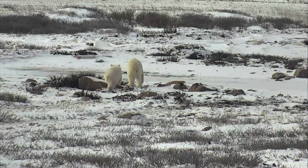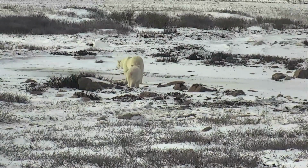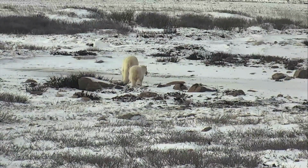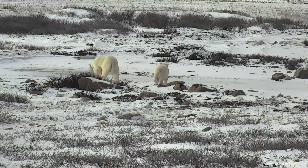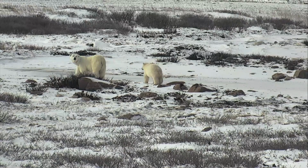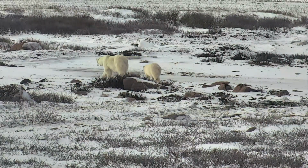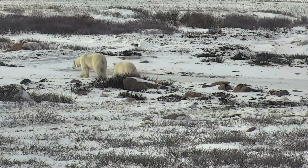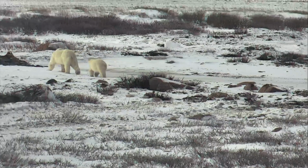So when you're trying to assess the body condition here of these two bears, what are you looking for? What are your kind of telltale signs to say this is a bear that's healthy versus a bear that maybe isn't doing so well? Yeah, so once they start getting skinny, you can really start to see it around their shoulder area. The bones of the shoulder start to become much more prominent. When they're in good condition, like these bears,